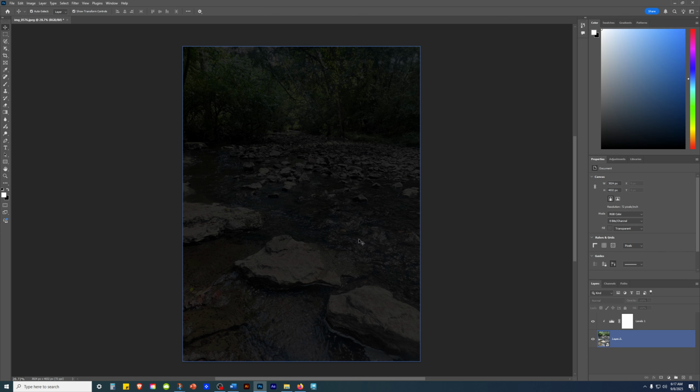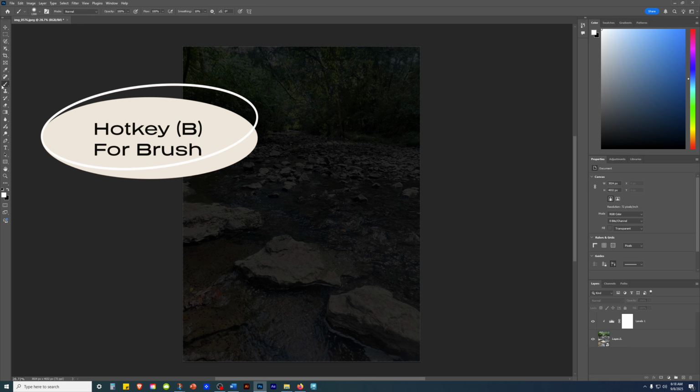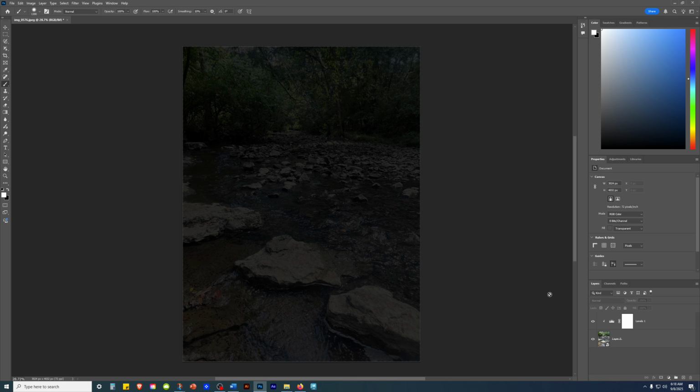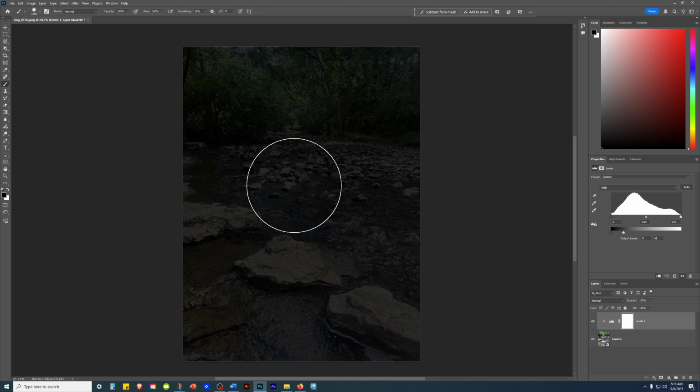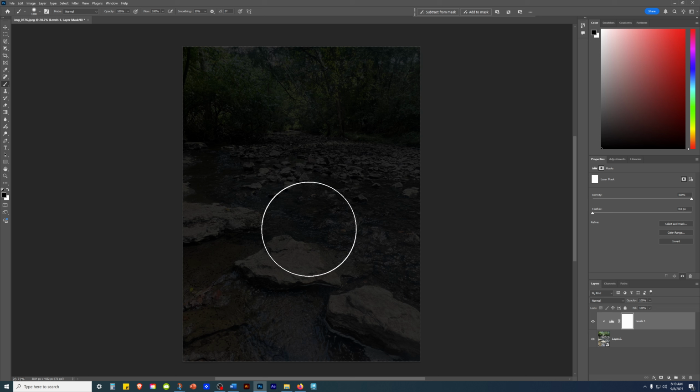I want to use the brush tool. I press B as in Bob, and there's your brush tool, and it won't let me select anything or do anything. Well, first I have nothing selected. If I select that, still it won't let me. One of the things with smart objects is that you can't literally paint on top of it. I'm just going to hit cancel, and then if I click on this again, look at that. It automatically made us select the layer mask. It won't let you do it with the levels, but you can with the layer mask to paint